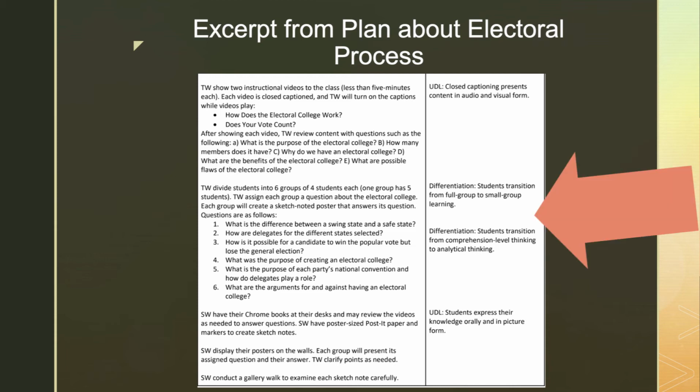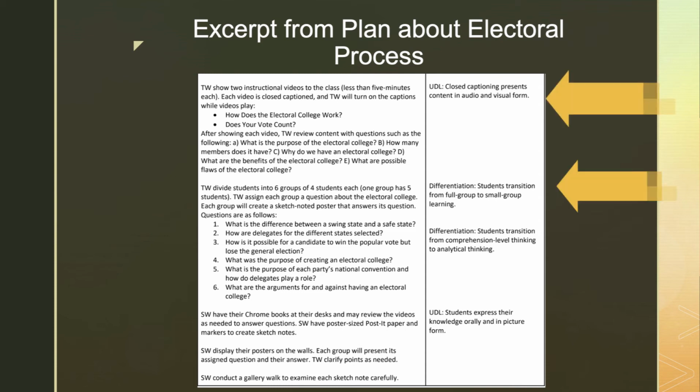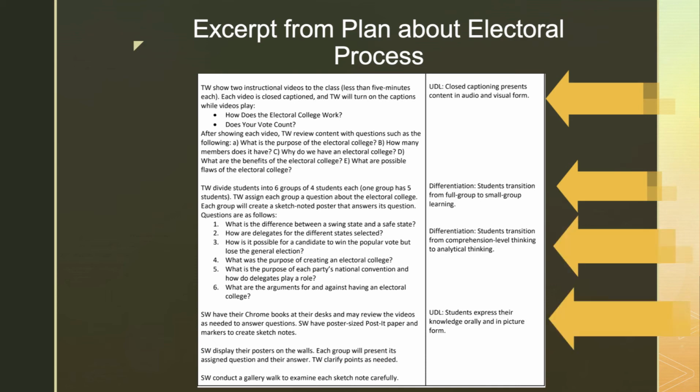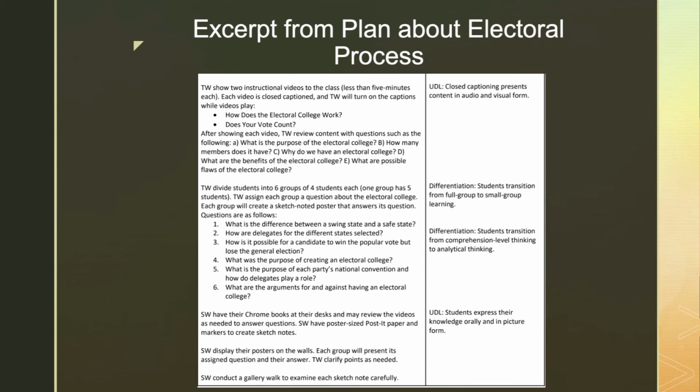For instance, in the middle of the lesson, as students engage in small group work, the class has differentiated as it transitions from whole group learning to small group learning. Differentiation also takes place as the activities elevate the students' level of critical thinking. Notice how in this plan, each differentiation note is aligned visually with the procedure it describes. This kind of visual alignment makes it very easy for an evaluator to see how and where you have planned for differentiation in your instruction.